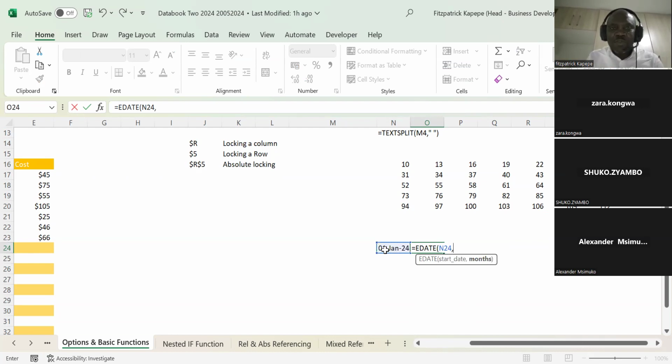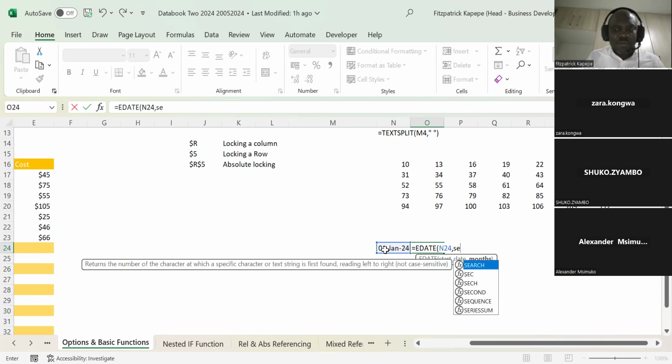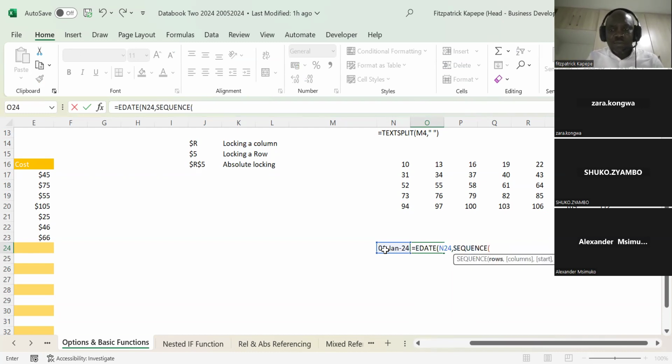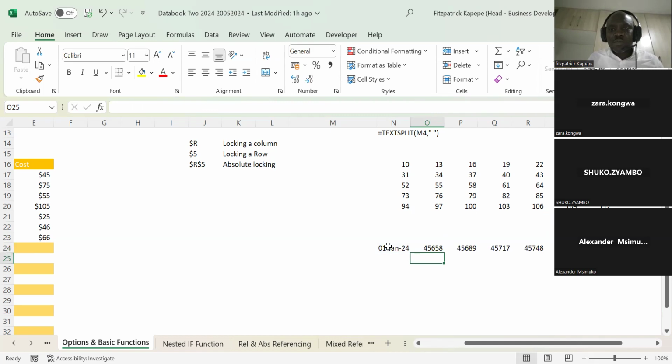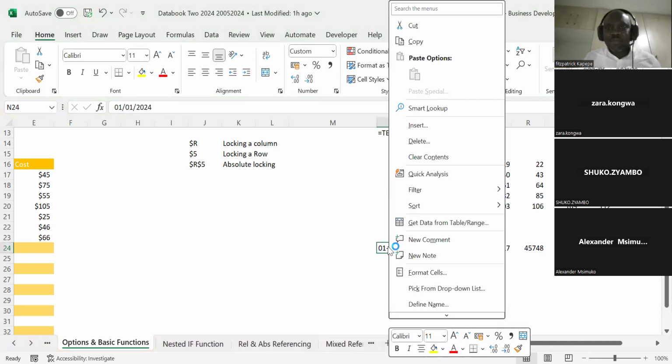This is a practical way of looking at this. I'll bring in the sequence. I'm going columns. How many columns? I want to go up to the 10th year. By which steps? 12. Watch. So if I pick this number, guys,